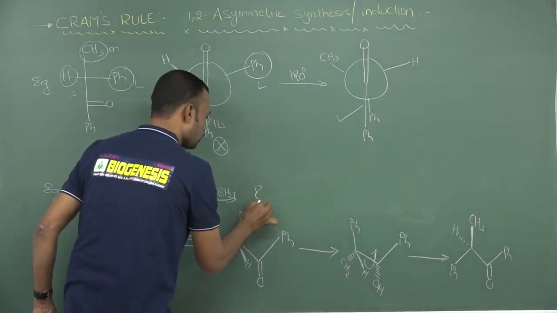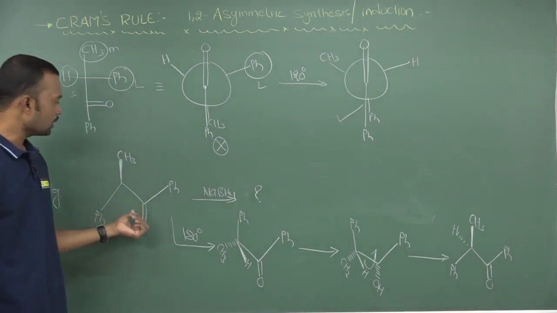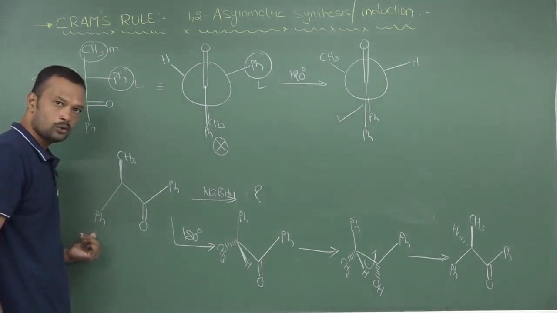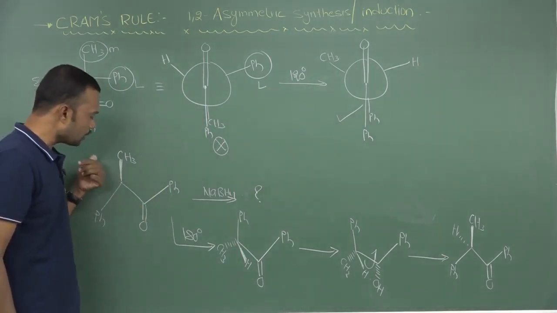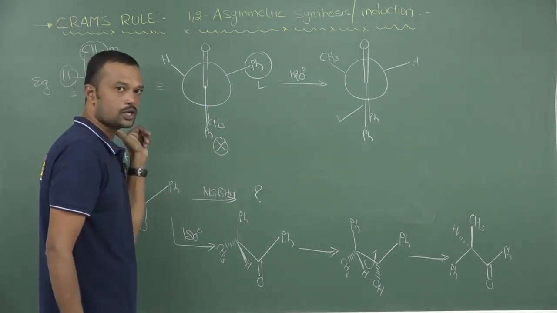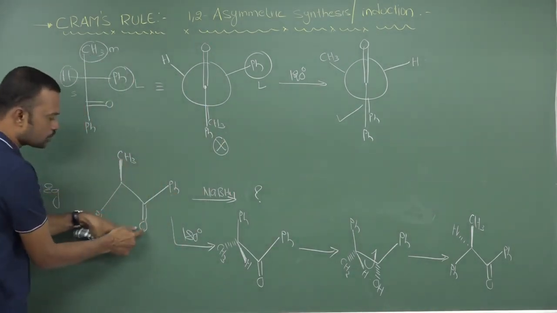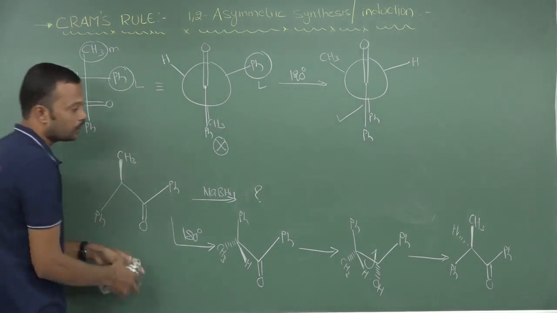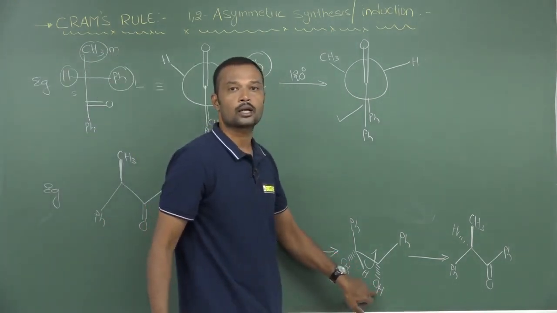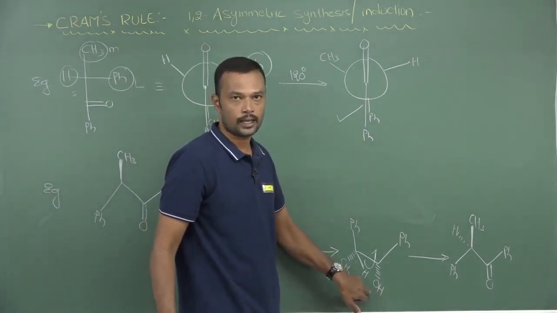Here, if I put a question mark, what will be the answer? Generally this phenyl is exactly below. Hydrogen is present over here. So you are attacking from backward direction. Generally, if you attack from backward direction, you will think that it will be a thick line, but it is not a thick line, it will give a dotted line. Be careful with this kind of reactions.